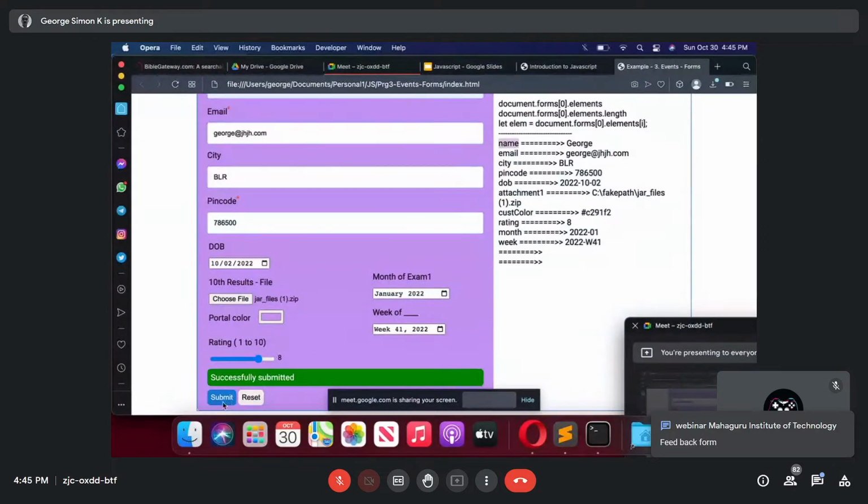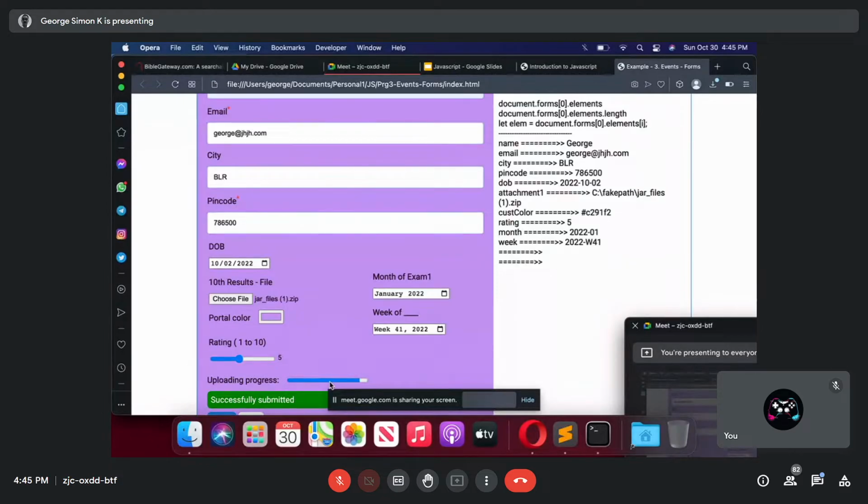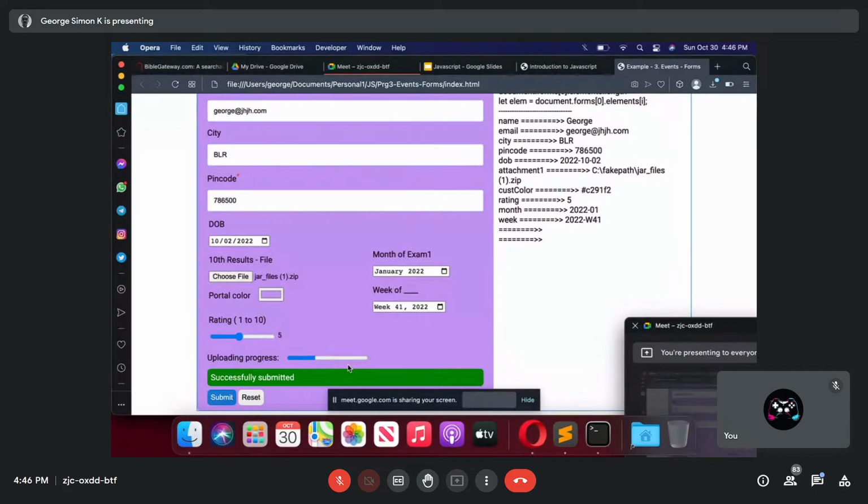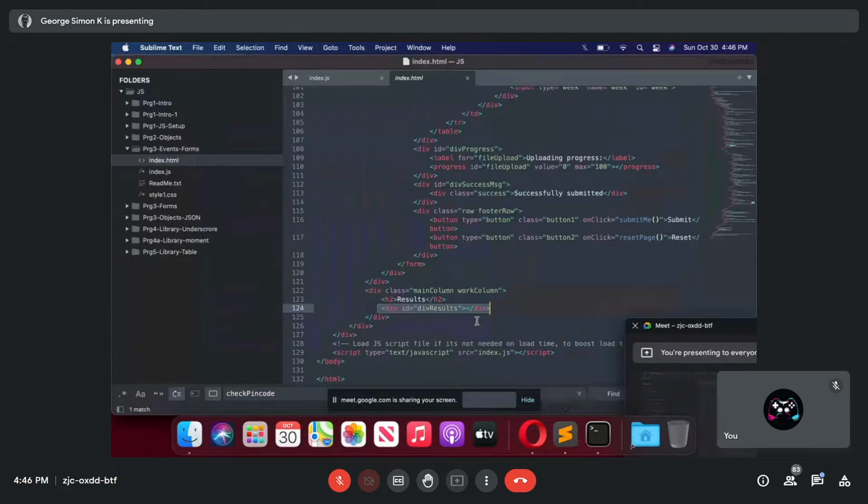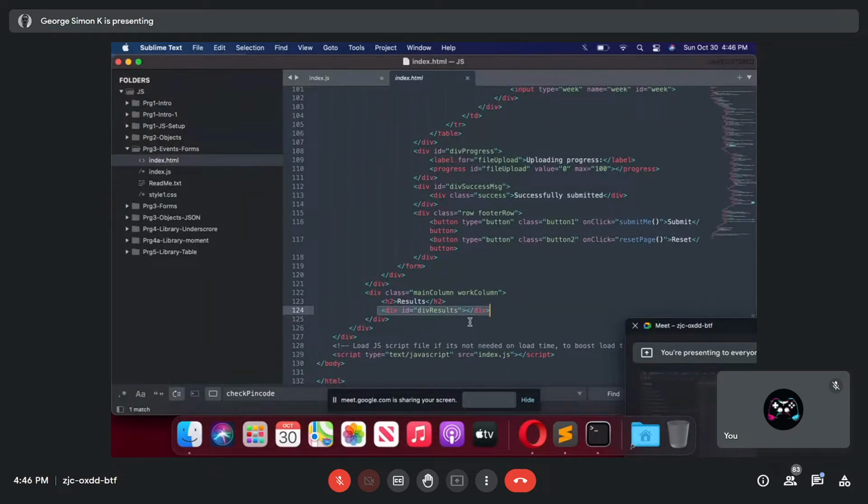And one more thing you will see here: when I click submit, you will see a progress bar just going. Oftentimes when you submit a form to the server, most of the users won't have the patience to wait, and they will keep pressing. So if you can show a progress bar, that is useful. So that is just a demonstration of the progress bar. When I click, it starts, it goes like that.